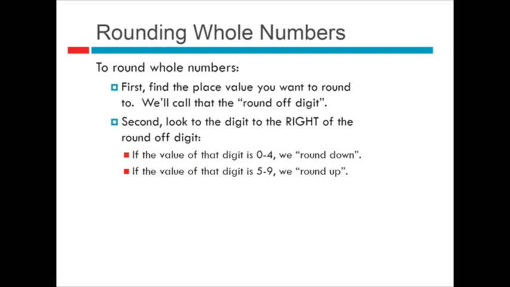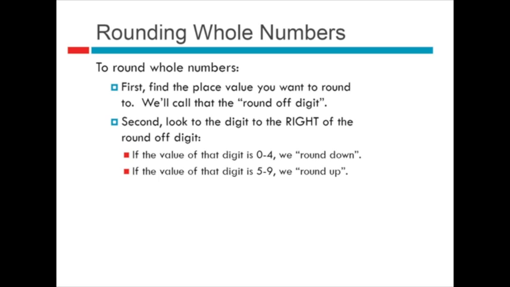So now let's get into the procedure for how to round whole numbers. To round whole numbers, first we need to find the place value that we want to round to. We're going to call that the round-off digit in this video. After you've located the round-off digit, second, you're going to look to the digit immediately to the right of the round-off digit. If the value of that digit is between 0 and 4, we do what we call rounding down,